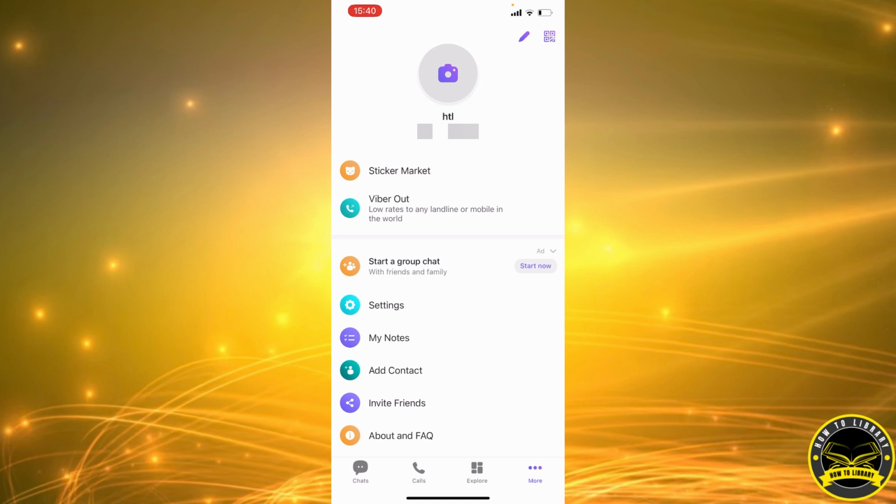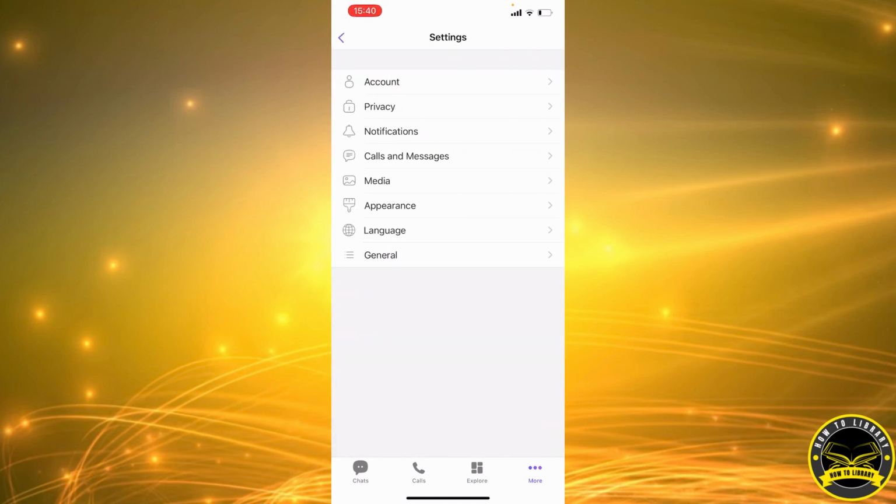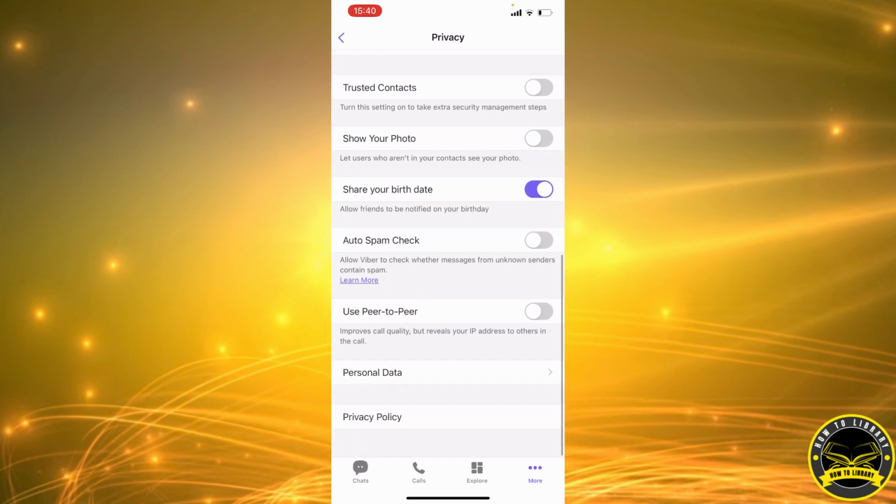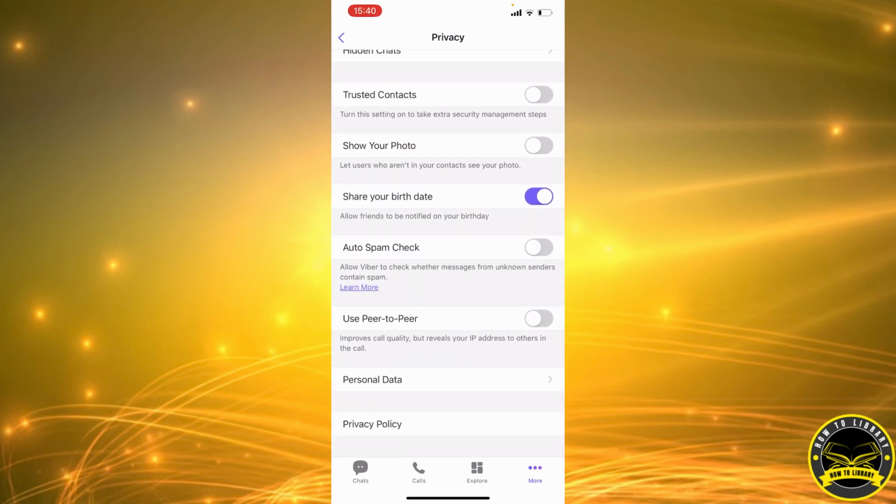So let's get started. We're going to start off by clicking on this settings icon here. That's going to take us to our settings. Next, from the multiple options we have here, we're going to select privacy. That's the second one. Now we're going to scroll down and you're going to see right below auto spam check,